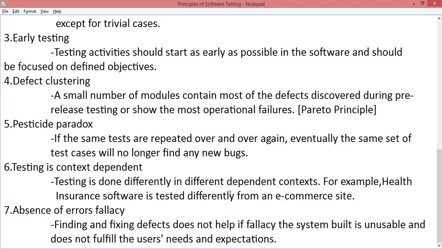If you have moved code which is 99.9% error free, but it doesn't meet the customer's expectations and needs, it is going to be unused and it is not necessary for the users if that requirement is not met.